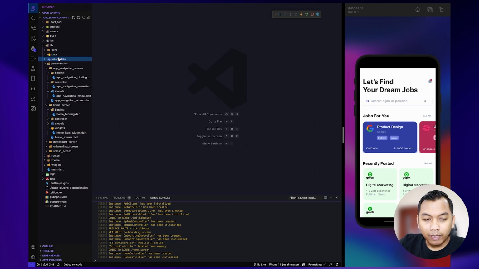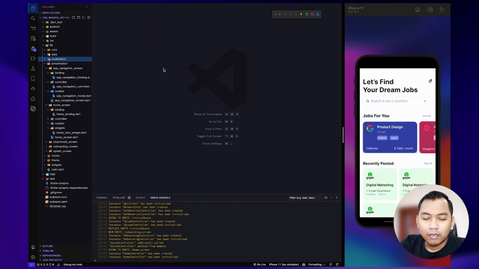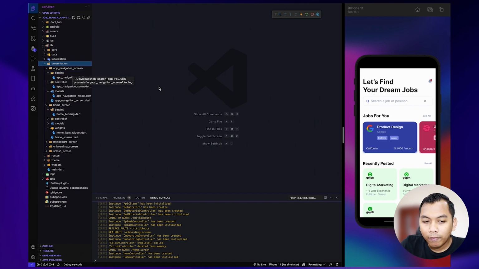So yeah, even though Device is still in beta, the ability is very powerful. As we can see here, we can generate production code, which in this case is a Flutter app, blazingly fast. So you can consider trying this platform and showing off your app using Device.